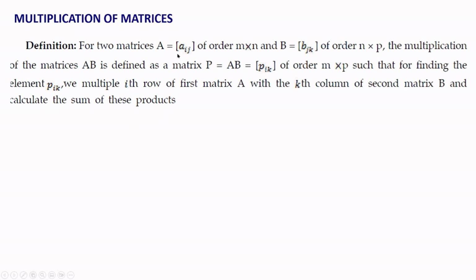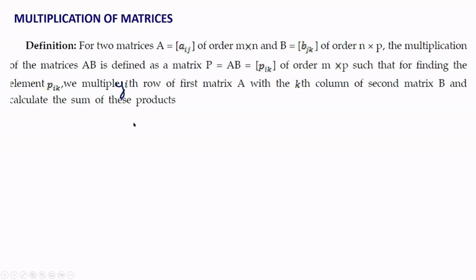For two matrices A equal to Aij of order m by n and B equal to Bjk of order n by p, the multiplication of matrices AB is defined as matrix P equal to A into B, given by matrix Pik of order m by p, such that for finding the element Pik, we multiply ith row of first matrix A with the kth column of second matrix B